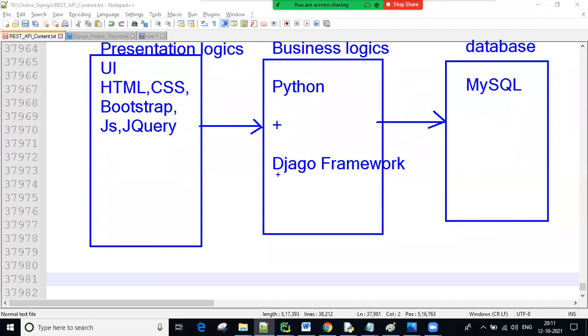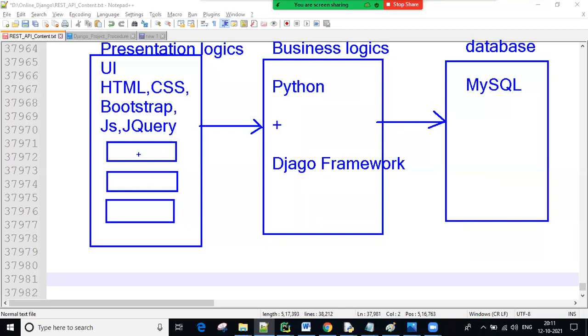I want to do registration. It asks for first name, last name, email, password, all the fields. You give the data and submit. Back inside, Django receives your data and sends it to the database, where your username, password, and email are stored, as n number of people do registration.